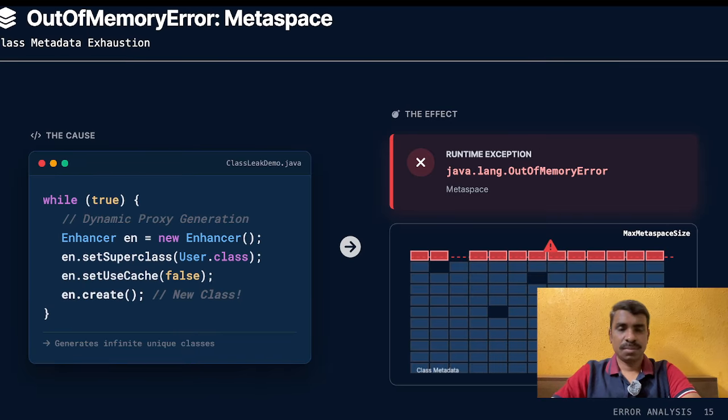Out of memory error: Metaspace. Okay, class metadata exhaustion. So when you are iterating infinitely, you will get an out of memory error like this. Here, what exactly you are doing is a while true, which means it's an infinite loop. It keeps on